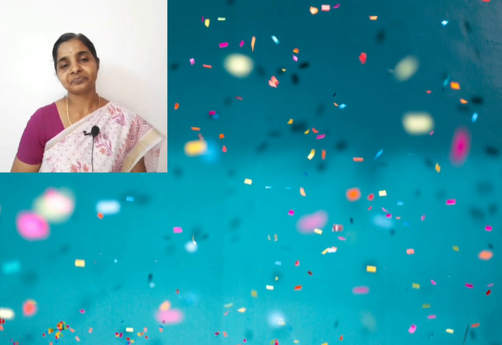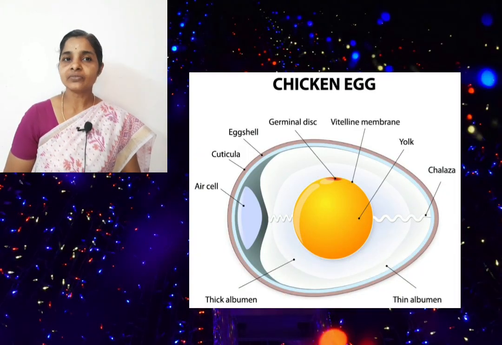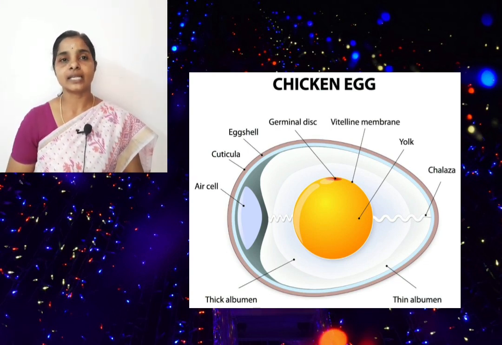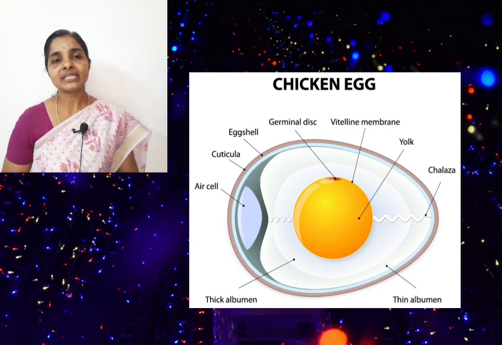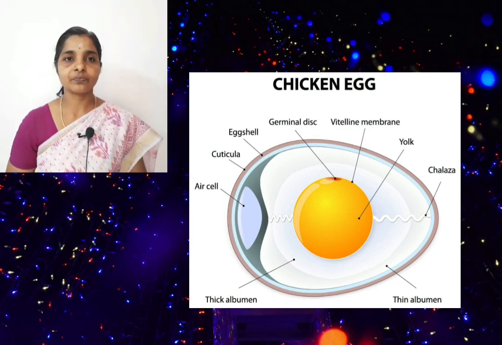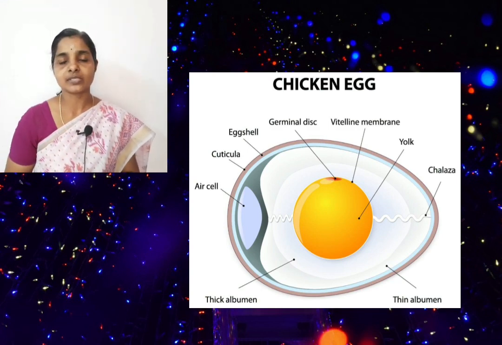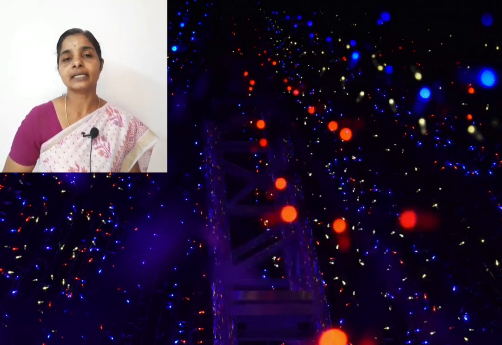Now we can look at some examples of osmosis. The first example is osmosis with an egg. You know that an egg is a single cell. In addition to the plasma membrane, it is covered with a hard shell. This eggshell is made up of a material called calcium carbonate. If that calcium carbonate shell is there, we cannot show osmosis, so we need to remove that hard shell from the egg.